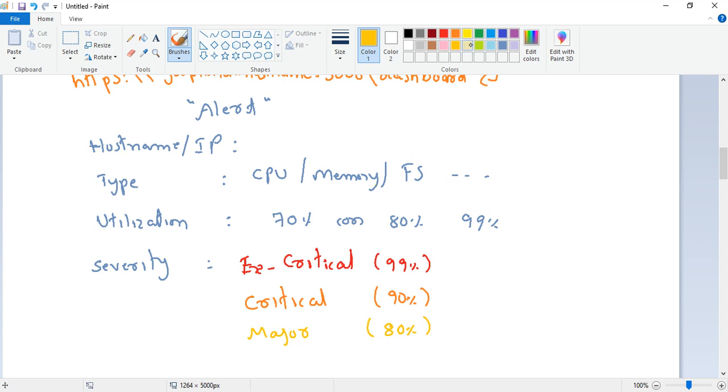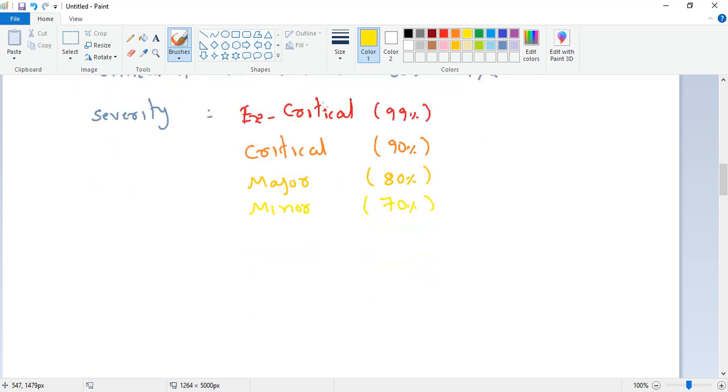Then minor, still we have time to resolve, like 70 percentage. These kinds of types it will show. If it is critical, definitely immediately you have to go and take the necessary actions. This is the severity. Then other normal information like